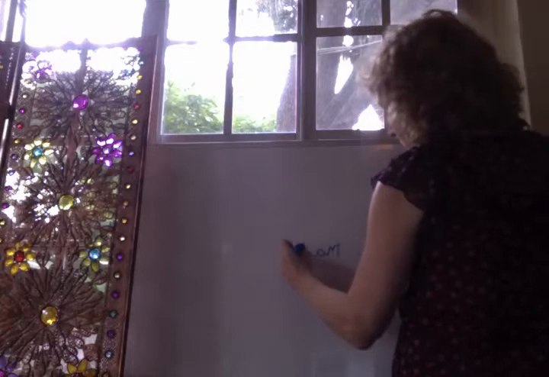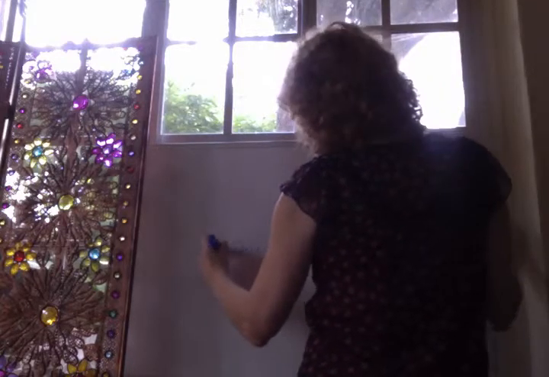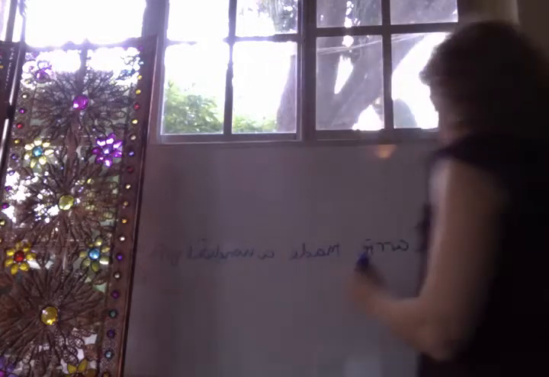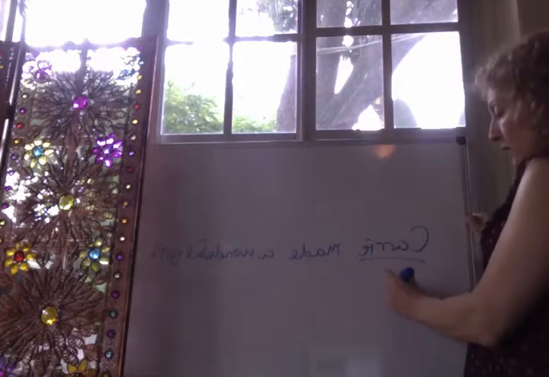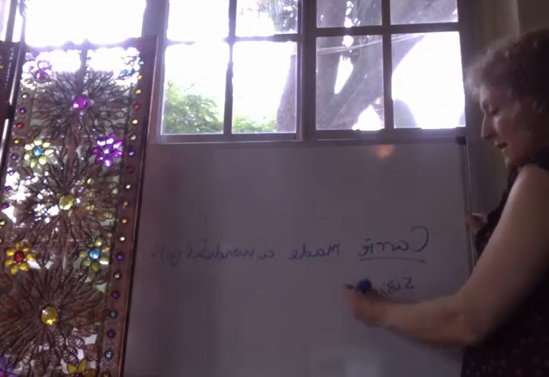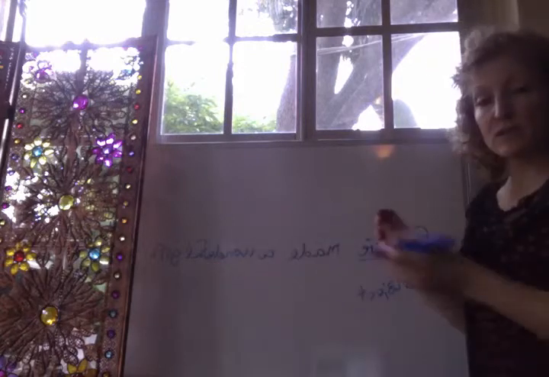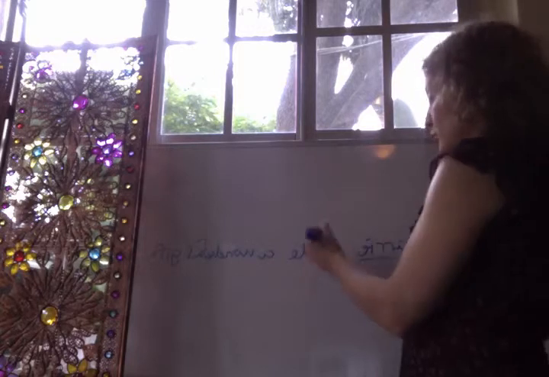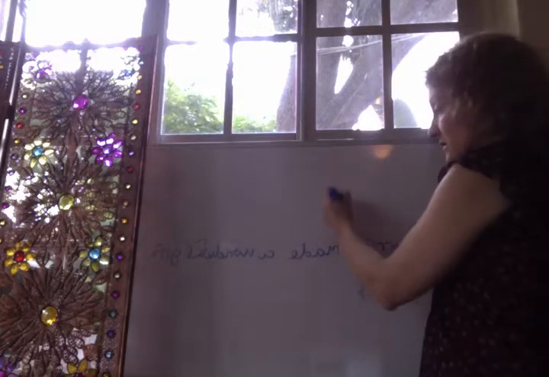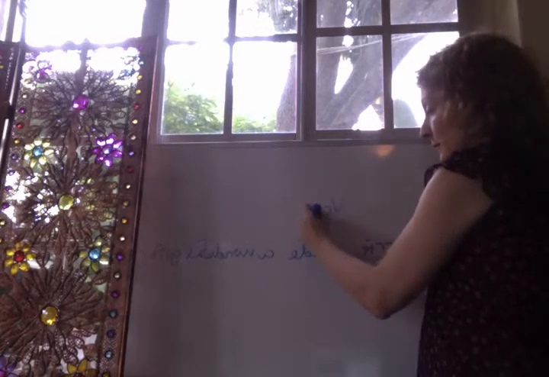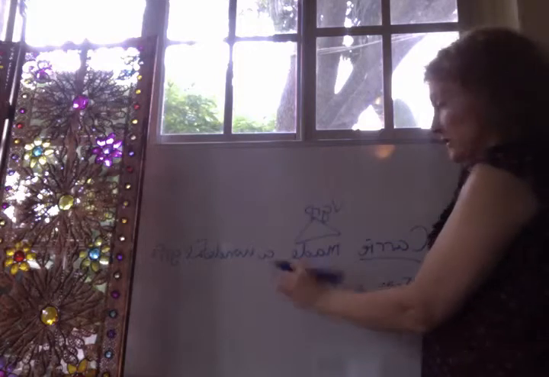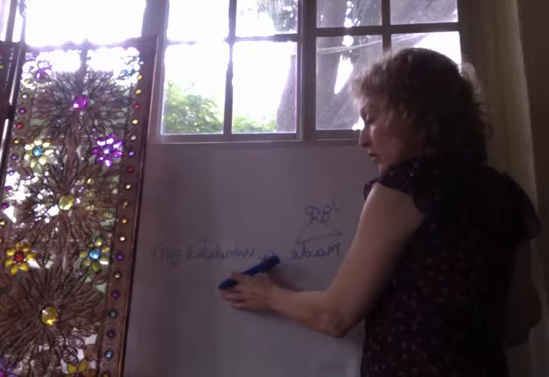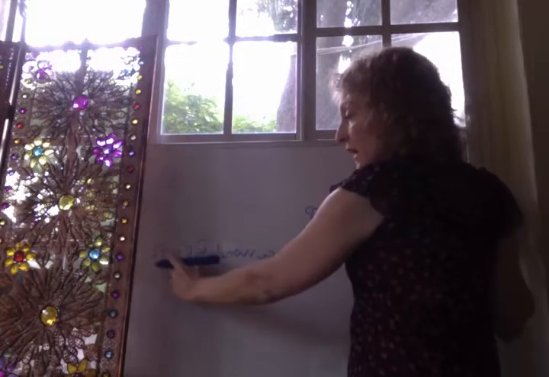So, Carrie made a wonderful gift. Subject is going to be Carrie, so we're going to forget about that part of the sentence. Made a wonderful gift is your verb phrase. We know that the first part of your verb phrase is going to be your verb group, which is consisting here just of the verb made. We have no auxiliary verbs here, so this is it. A wonderful gift. How do we know that this is a phrase? Because you have a determiner, an adjective, and a noun.